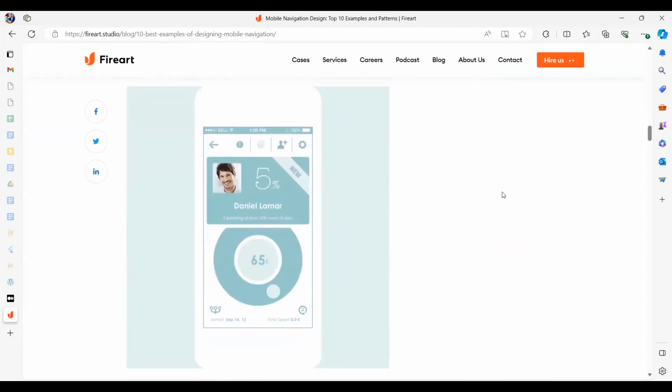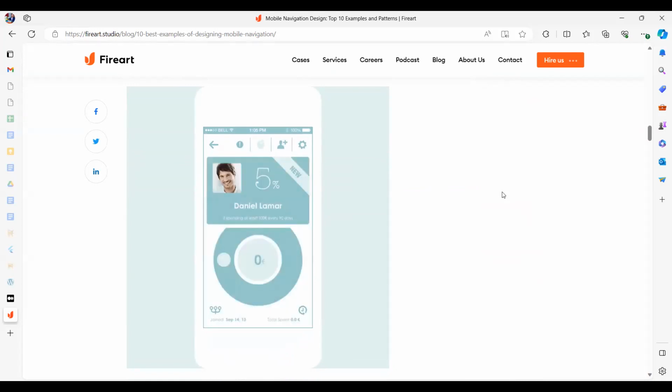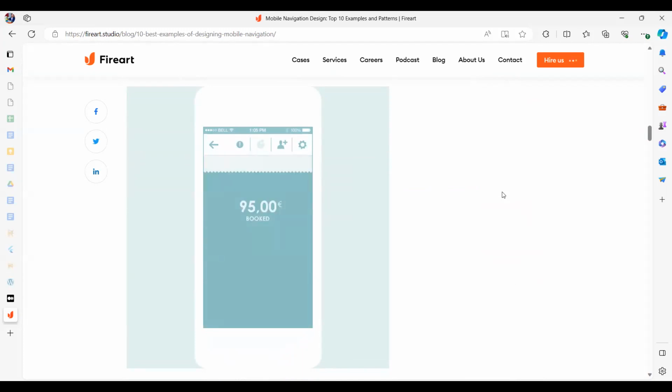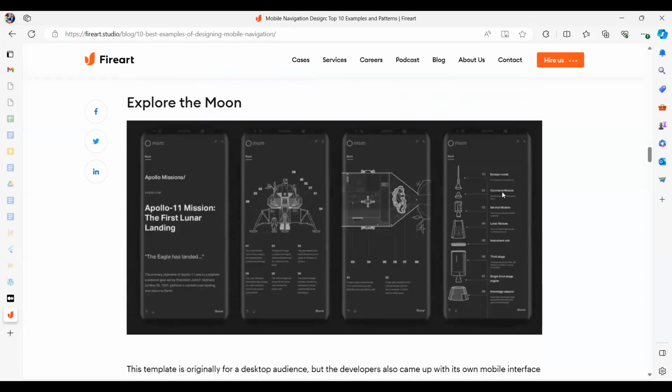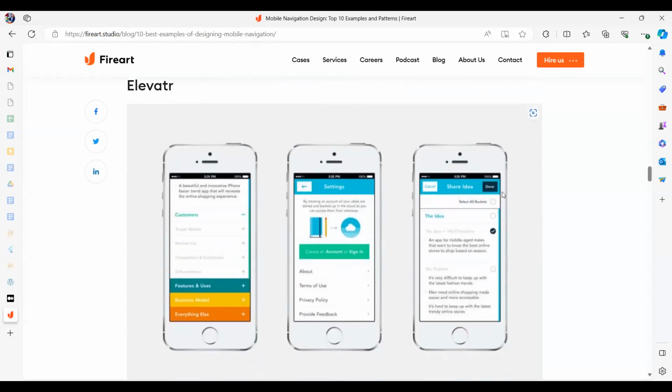Here's another interface. You see how the animation and the movement and the visual elements are making it very easy to do. It's a rather detailed one. Another one where you click one icon here, it expands the rest of it, right?